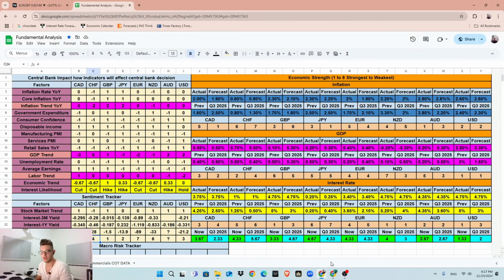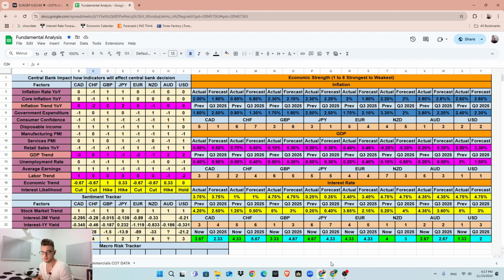As every week, I will go into the fundamental analysis, sentiment analysis, COT data, and some technical analysis. I will also recap the trades that I took in the previous week, what happened during that week, and what I learned. Now, starting with fundamental analysis, right here, I added a lot into my Excel sheet.